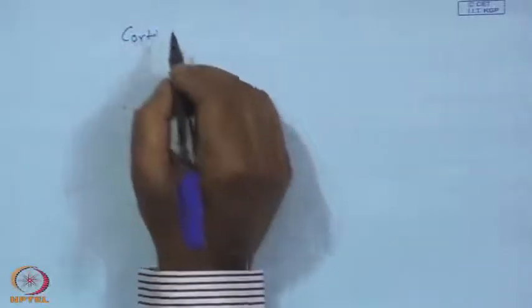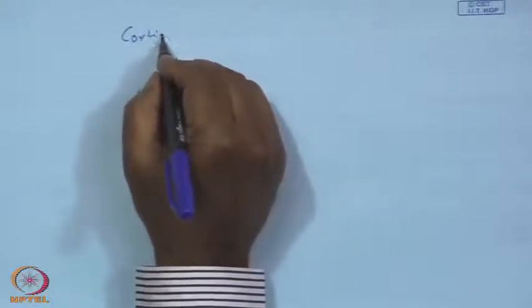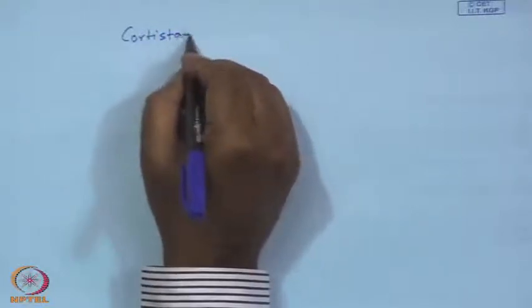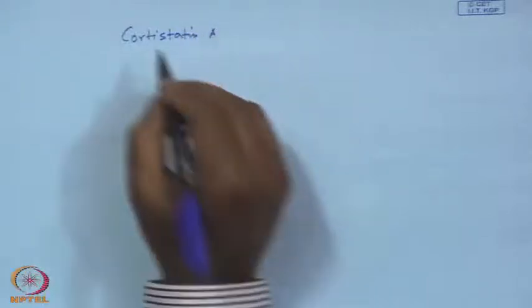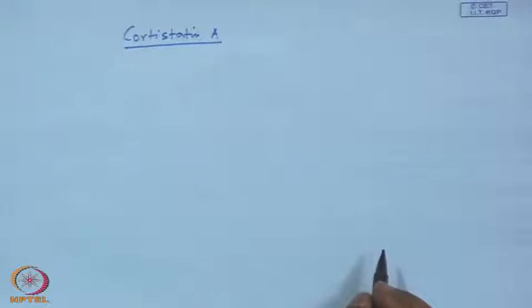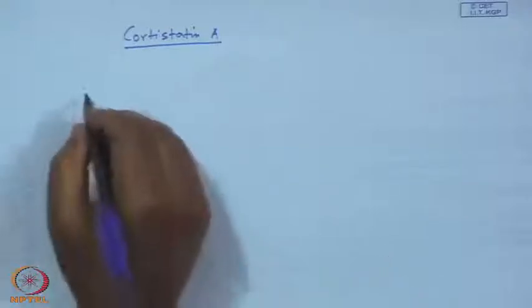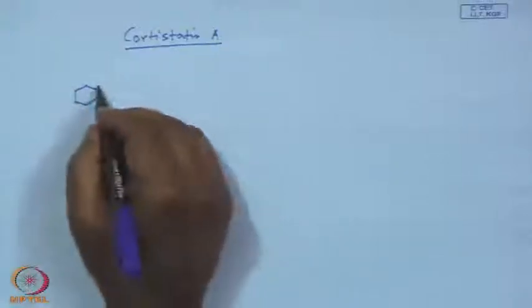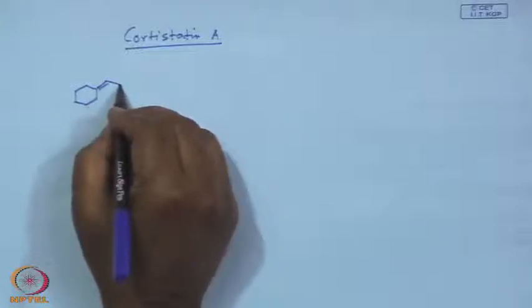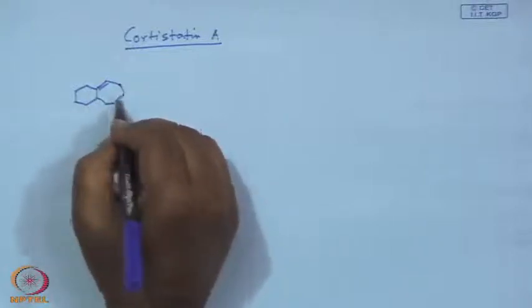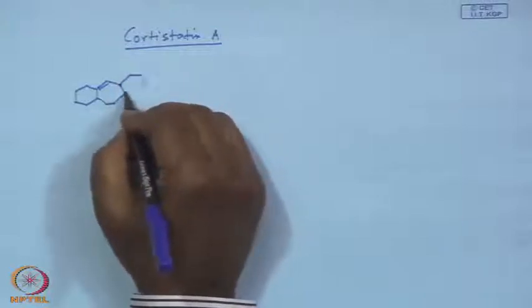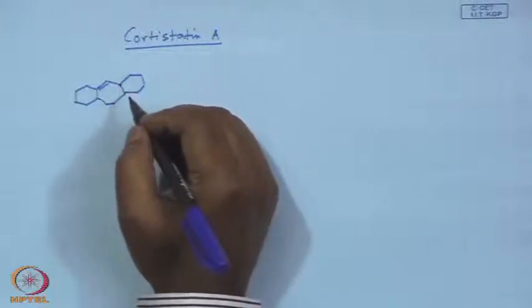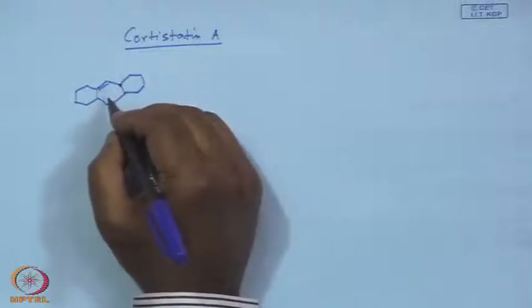Now, we will see an application of this sort of reaction in the synthesis of natural products. This is a big molecule I will be writing here. Just have patience to see. This is known as cortistatin A. It has been isolated very recently, and structure-wise it looks like a sort of pseudo steroid. It is not exactly a steroid, but what you will see is meant for 4+3 cycloaddition reactions, because you have a 7-membered ring system, and also you will have oxygen here, exactly what you want from a